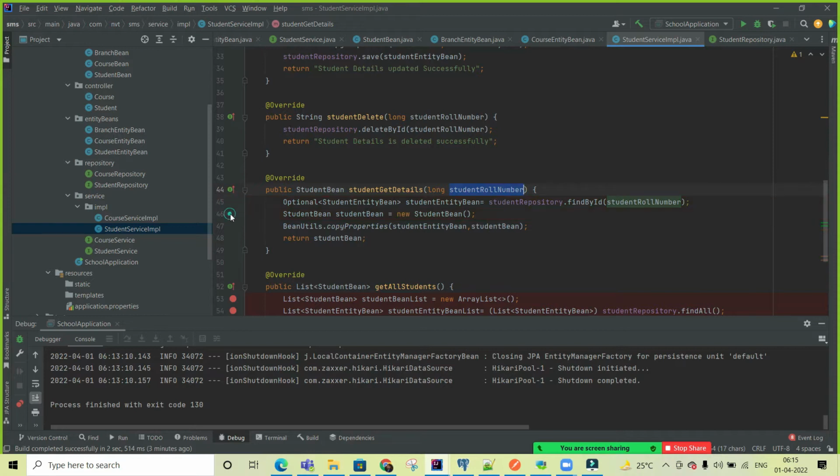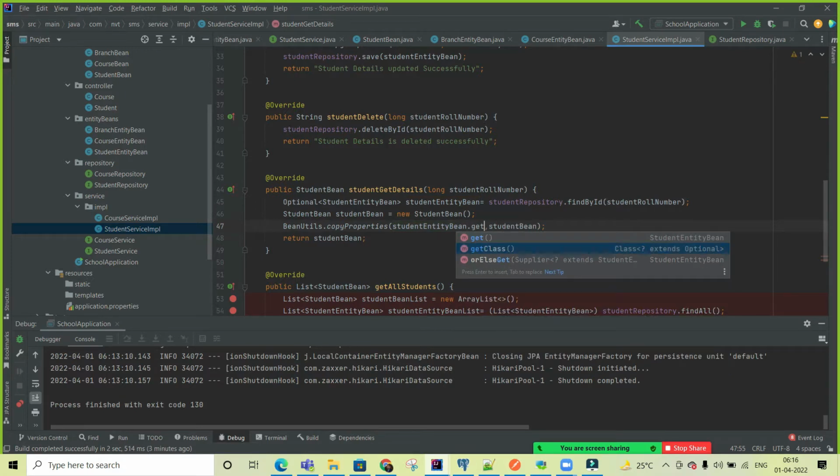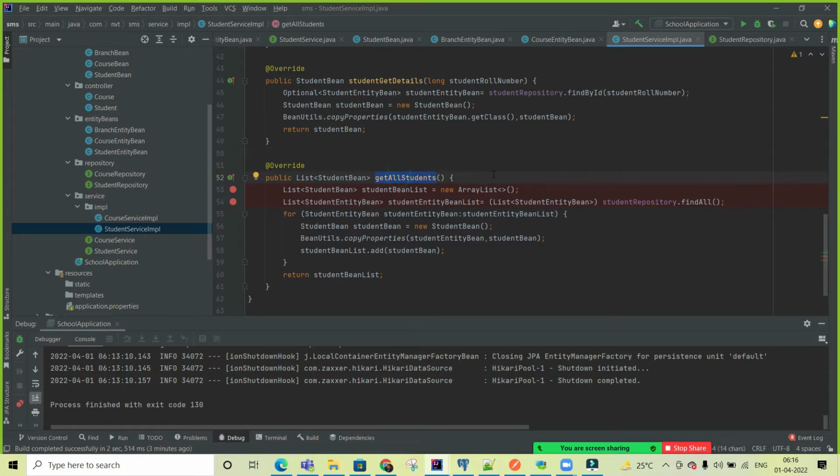Basically, whenever we get the optional class, the optional class will not copy the data directly. I think I need to take this get class. I think now we can copy this one, and this is all students. Then whatever we are taking, we are getting all the find all data. Yeah, find all. Convert to the entity bean. We have a list of entity bean. So the list of entity bean is iterating and getting one by one as a student entity bean